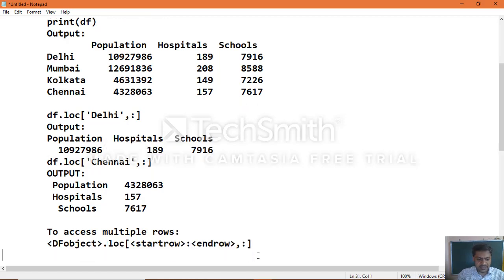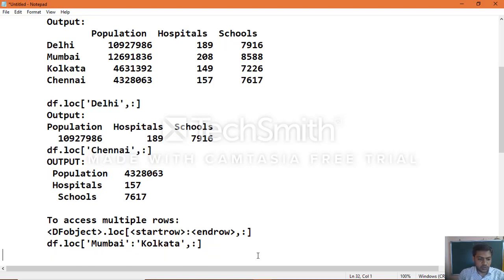Now you can put the example here: use the object name df which we created, then start row is here for example Mumbai, then colon, end row which you can specify Kolkata, now comma colon and then close it.